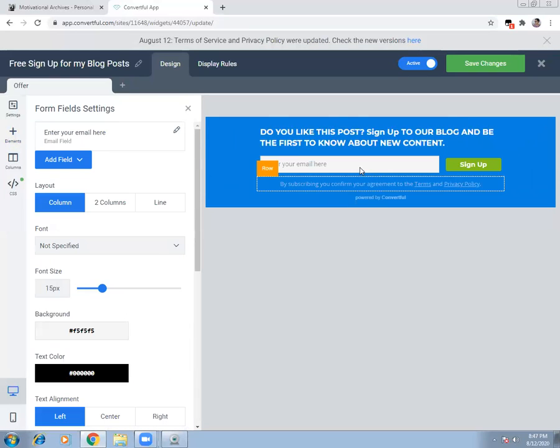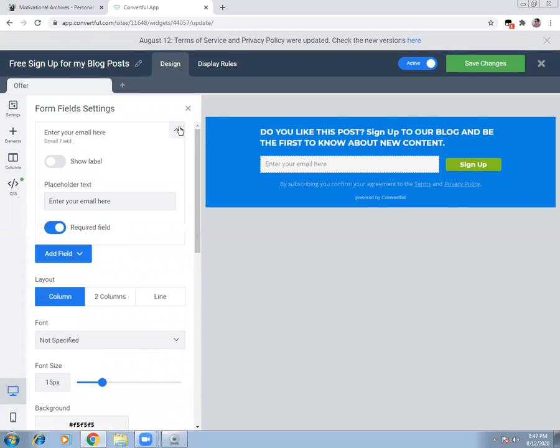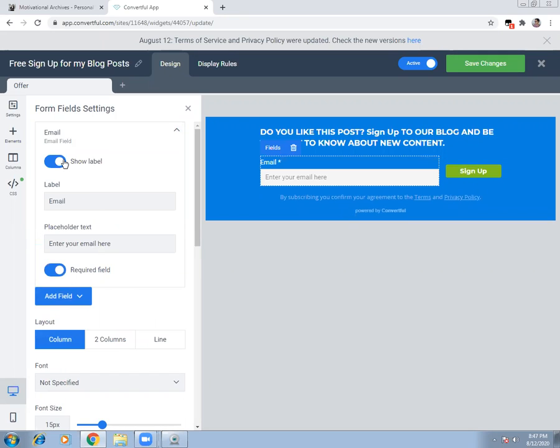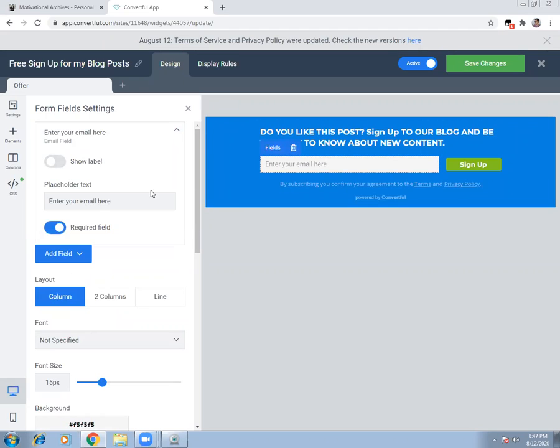Okay. So you can simply enter your email ID here, or you can say what is your first name. You can simply click here and show the label name. If you say, it will show the name, or I don't want to do that. I'll simply put "enter your email here". This one, what is given here, I'll write name, first name maybe. And the moment I change it here, this will be updated here.